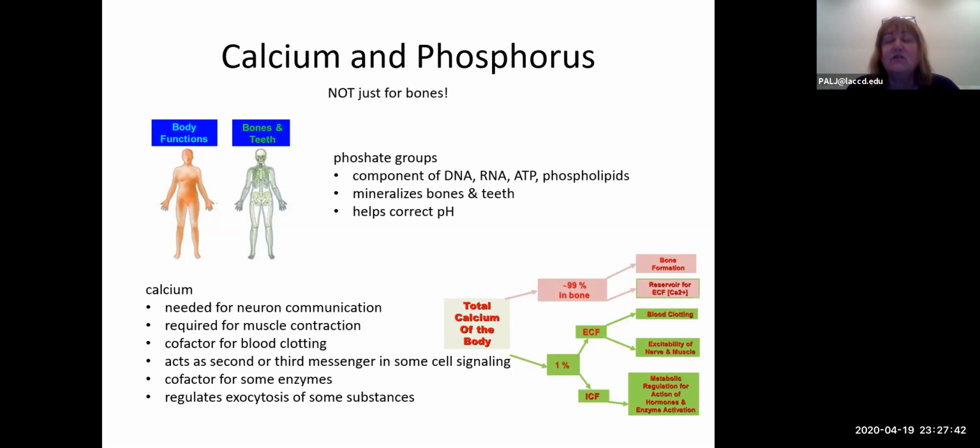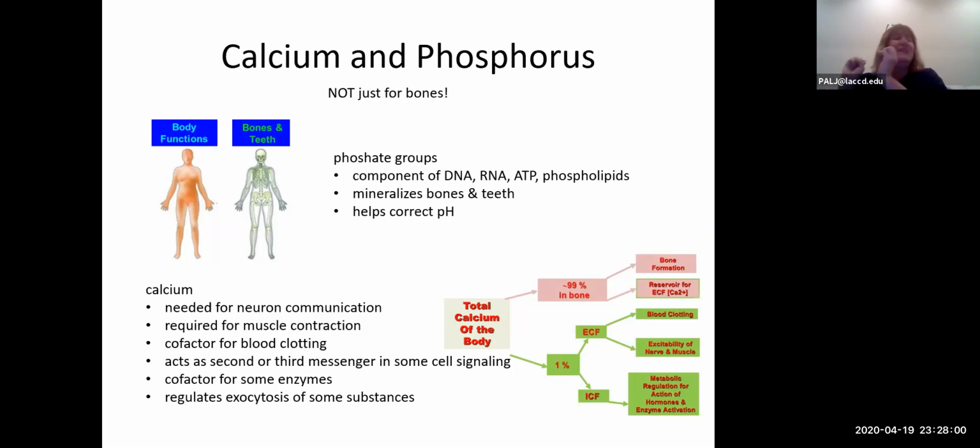Signals between cells, there's a lot of second messengers that require calcium. There's some third messengers as well. Some enzymes can't work without calcium. So as you can see, these are really important for our normal biological processes, and having that hydroxyapatite, that's just